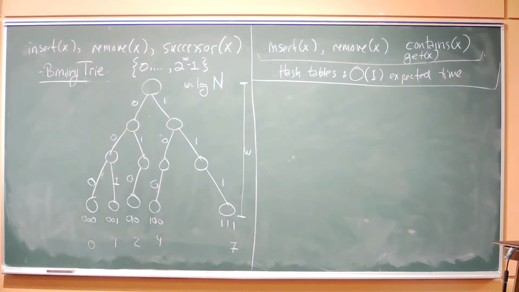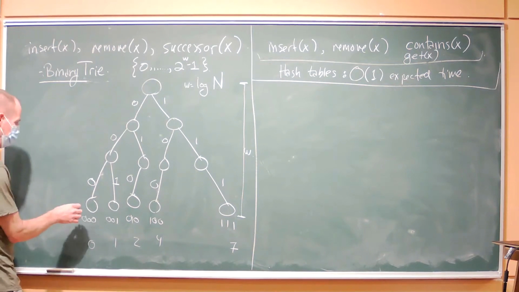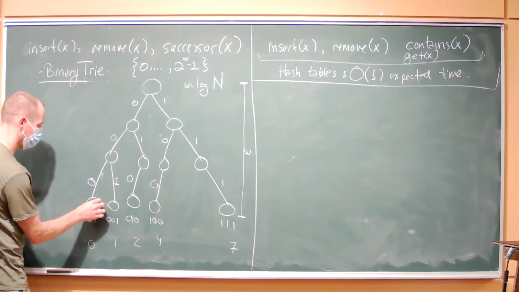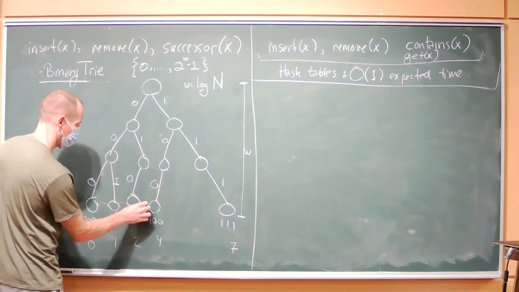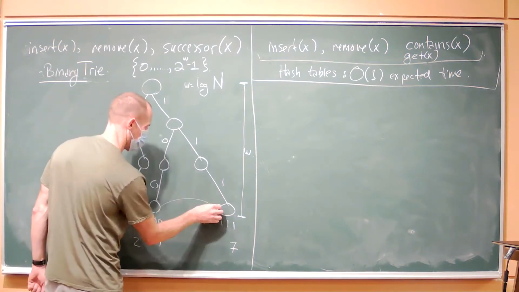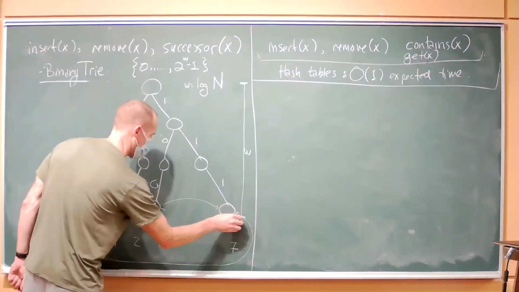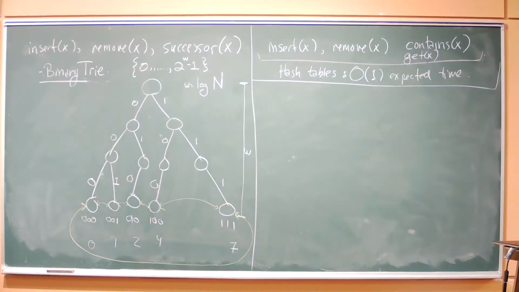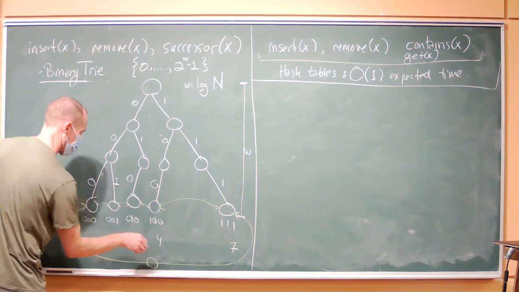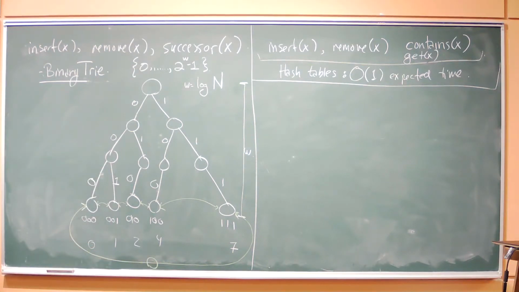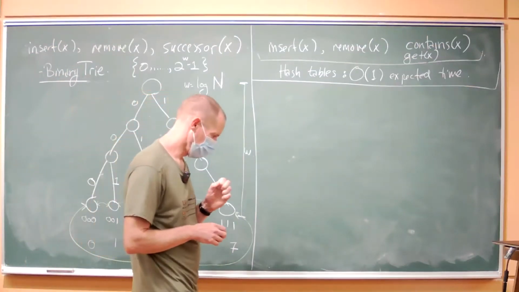So we'll do a couple of things. One of them is these leaf nodes. We'll link them into a doubly linked list. So that's one thing that we'll do. And the other thing that we will do is